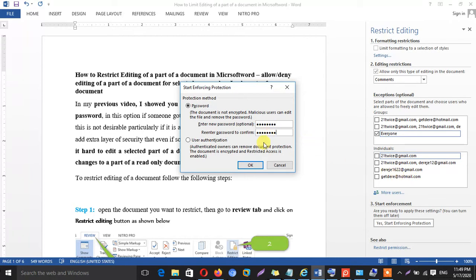It is somehow an advanced topic. I will try another video for that, but for now let me just type the password and check whether users can do anything else other than commenting, because we selected comment here. We are just allowing them to comment.